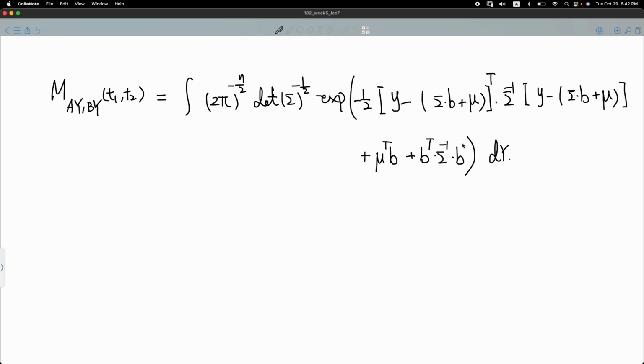And now the question is, why do we want to make that change? The reason is that we can bring this term out, because it does not involve the random variable y. So we can move this thing outside the integral here. So we will have the mu transpose B,